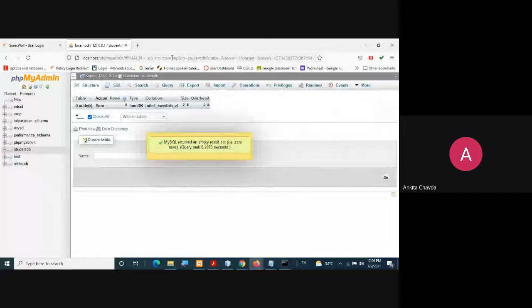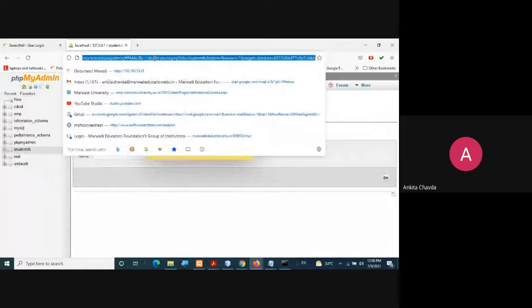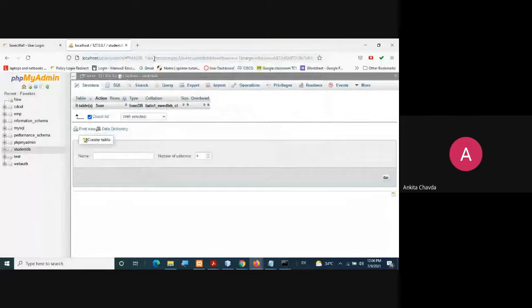Okay, so here you don't have any kind of table, you can check. Right, you don't have any tables here. This is just your student database. You have just given the name student database.